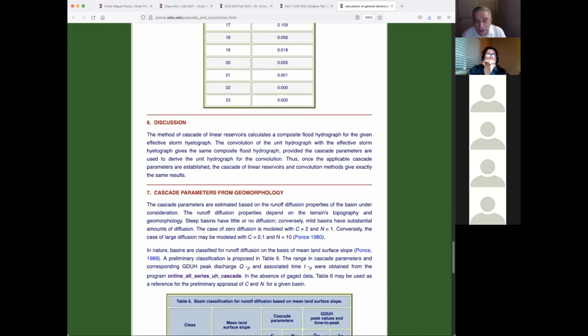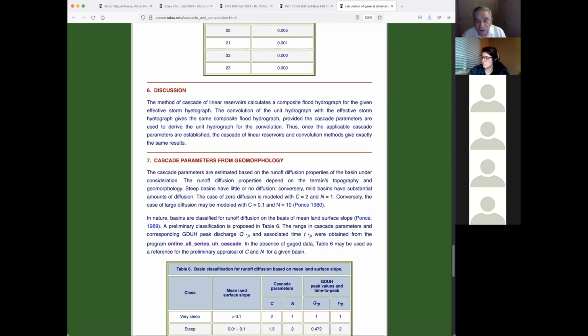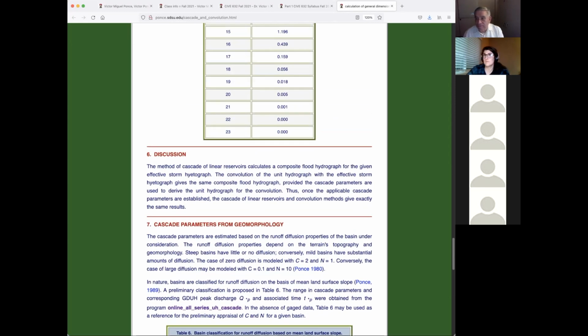So we have a discussion in here. Method of Cascade linear reservoirs calculates a composite hydrograph. The convolution with the effective storm hydrograph gives the same composite flood hydrograph, provided the cascades are used to derive the unit hydrograph of the convolution. Once the applicable cascade parameters are established, the cascade and convolution methods give exactly the same results. So now we have a good method. We don't have to do the convolution anymore. We can do the cascade because it's the same. Because the convolution is a little messy and so forth. But in here,